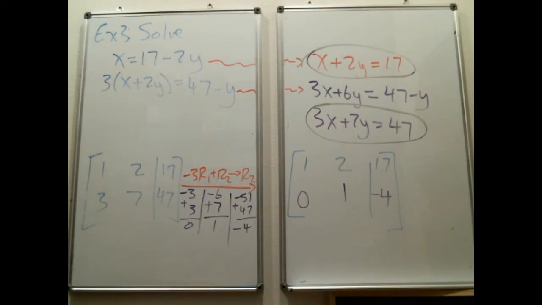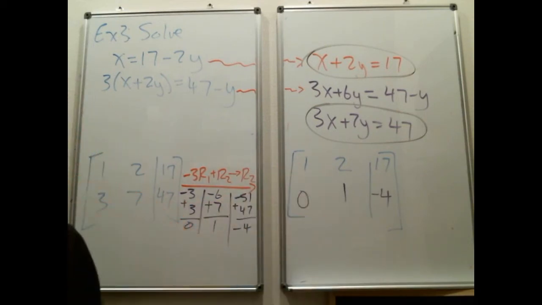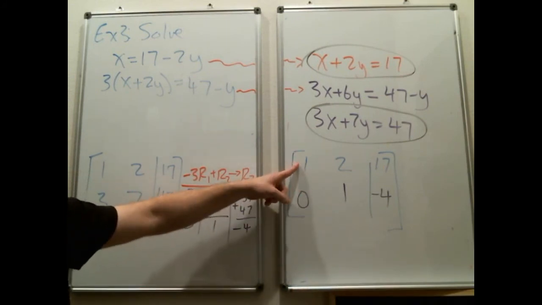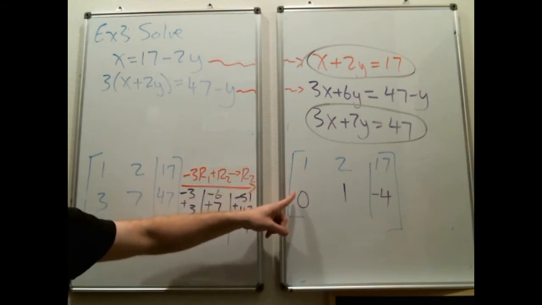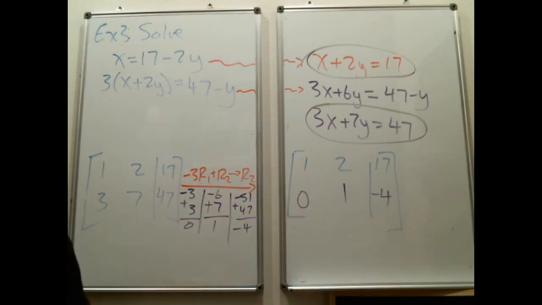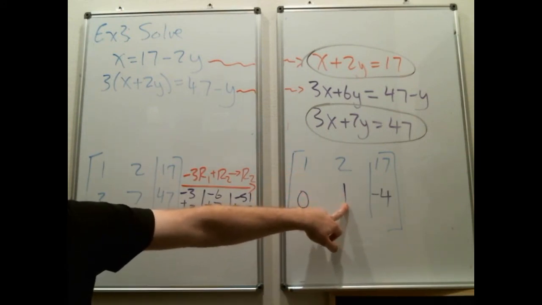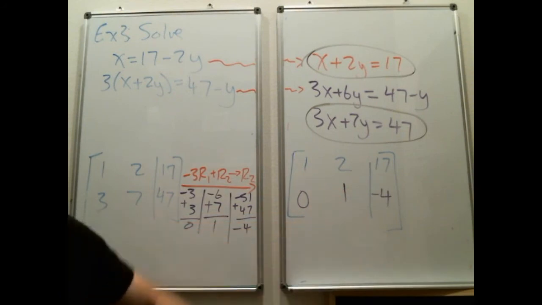Alright, now here's my matrix after I apply this operation. So I needed a 1 in the top left corner. I had it. Now I wanted to make a 0 below it. Now I did that. Now I need to move on to my diagonal and make this a 1, but it is already. So now I can stop and do Gaussian elimination,